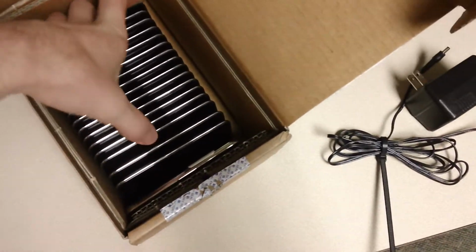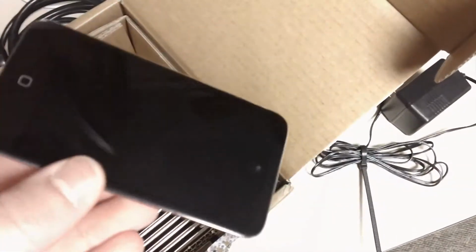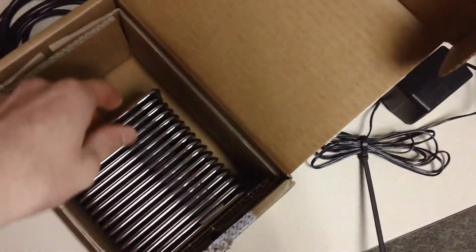Ordered one. He doesn't want it. So many iPod touches. If it was up to Phil, he wouldn't have any equipment in his building. He'd just support iPads or something. These iPod touches make a cool sound when you